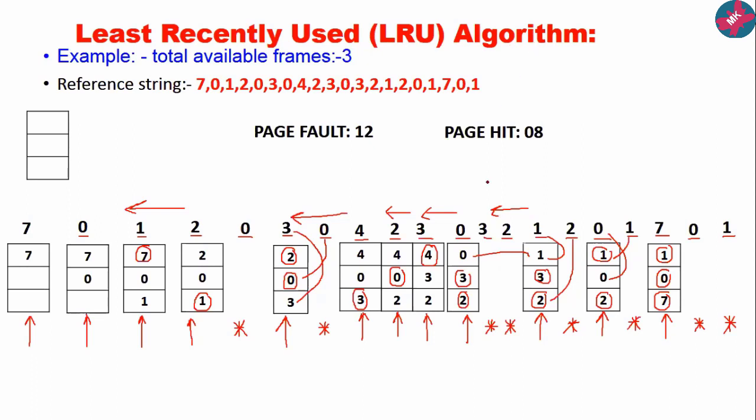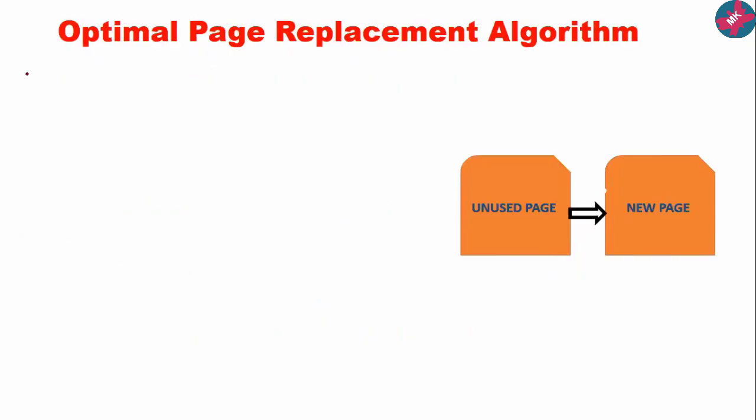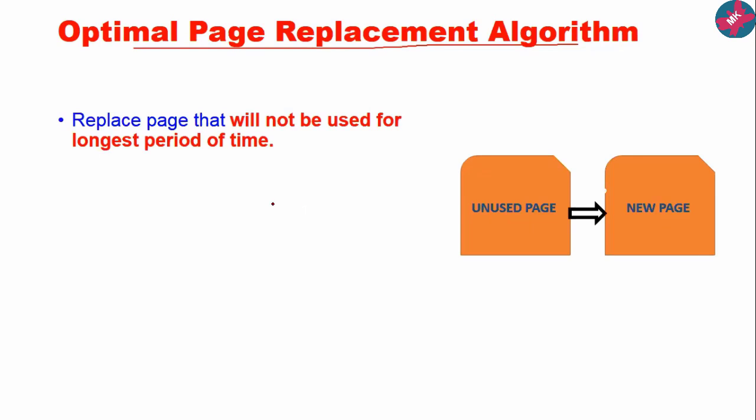After this, I will now go to the next algorithm. Moving ahead, the next algorithm is the optimal page replacement algorithm. What it does is that unlike FIFO or LRU, this looks forward in the future, right? It will see that if a particular page is going to be unused for a long time, that will be replaced by the new page, right? So what is the logic here? It replaces the page that will not be used for the longest period of time.